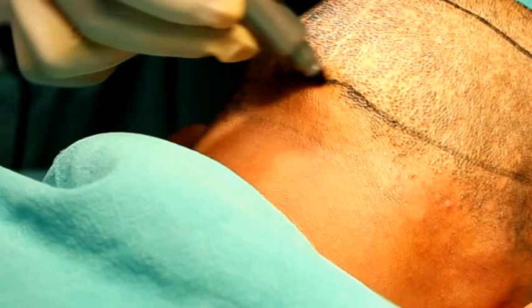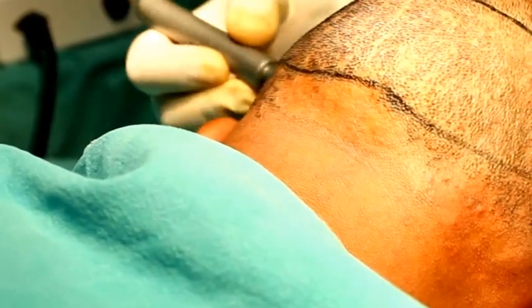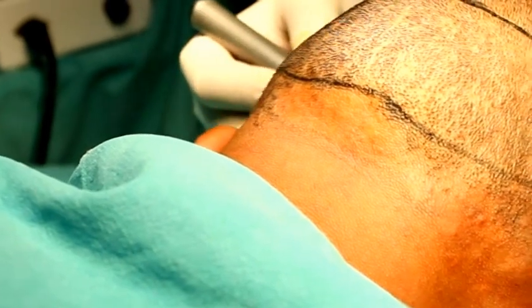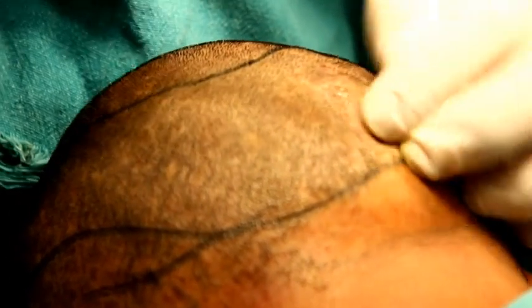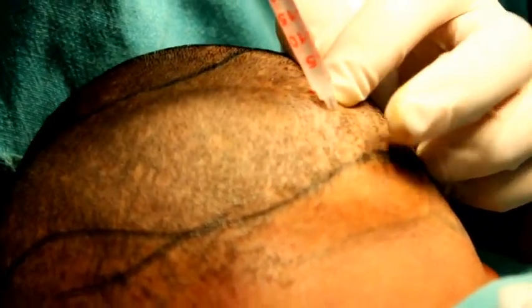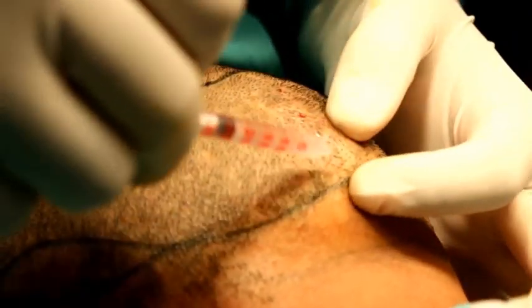Once the patient is selected for hair transplantation, we do the shaving of the hair, and marking of the donor area and the recipient area. Once the marking is done, we take the patient and give local anesthesia. Now we give very minimal local anesthesia and use a minimum amount of xylocaine, which reduces the post-op swelling and side